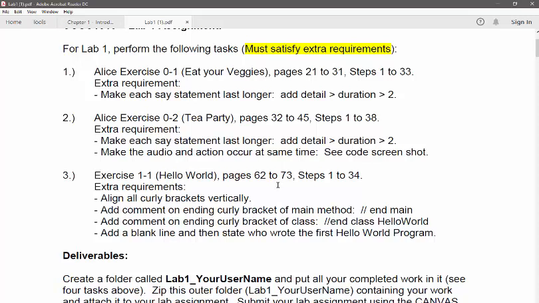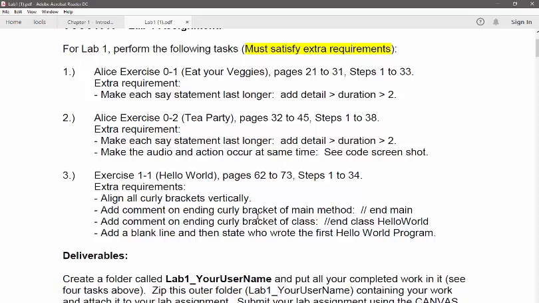It's kind of like showing you how to write code in a Java application. And you only end up at the very end with 2 lines of code on there. And I ask you to add another one on there and perform some enhancements like align the curly brackets. In fact, you'll be aligning the curly brackets. It's going to be a requirement for all labs to align the curly brackets and to go ahead and comment the main method and the main class. Because those are very important sections of a Java application, and you don't want to be deleting these